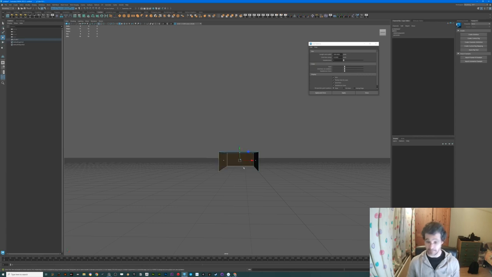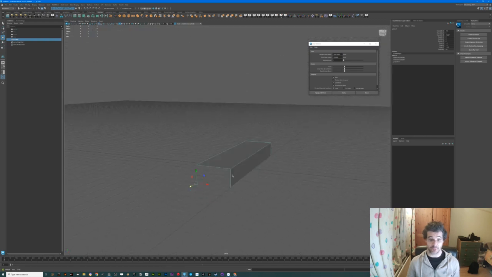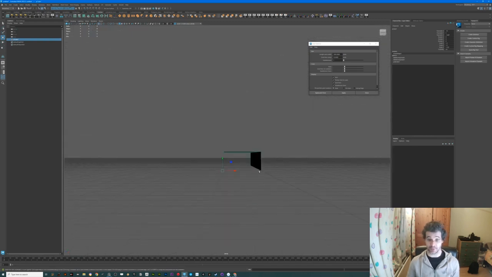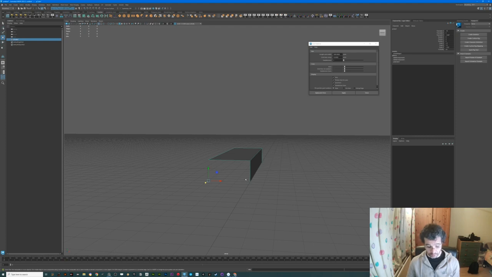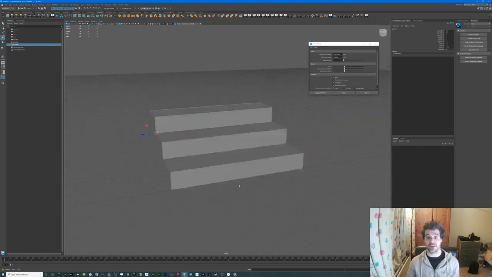The idea is to create a bit of a modular set piece, so this is something that we're going to also take into consideration. So now I'm just going to create a single step. I'm going to press D, change my pivot, and put it back here. And then I'm just going to clone this, press it once, press it twice, so we have 3